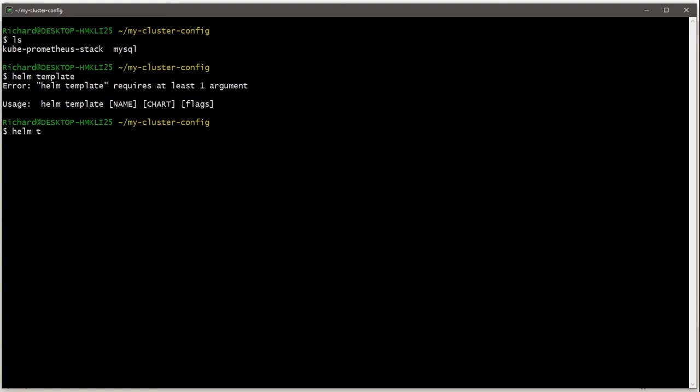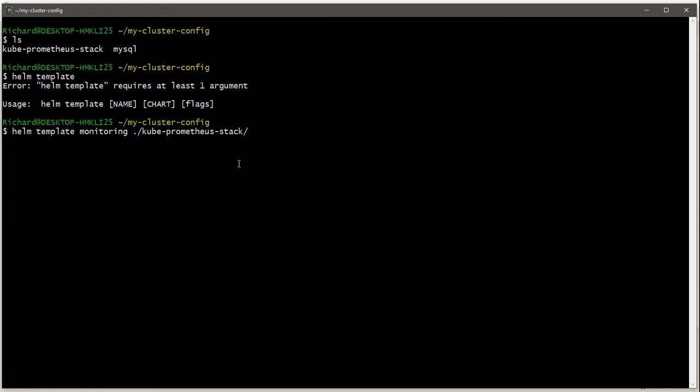So let's try it. Helm template, and we're going to call this installation monitoring. And the chart, well, remember, now we can use the name of the local folder containing this chart. So that's kube-prometheus-stack. I could use the remote charts here, but we're not doing that anymore.